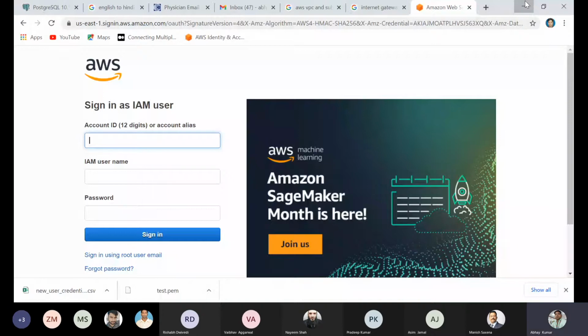So yesterday I created an IAM user, and that was the password. How can I go with that? You can go from here also. First let me see. That is my URL. From here, the user can log in and make the change. Once you are logging in with your user ID and password, it will prompt you to change your password: the new password, and confirm the new password. We also have to download these files.